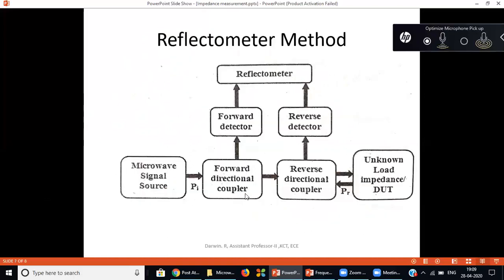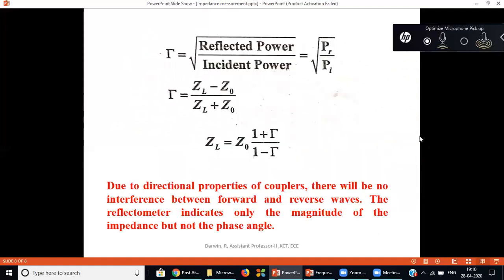Here, once again, if you want to look into the picture, the forward directional coupler will pass the signal from left to right through the main port, and also send the signal to the coupled port to the forward detector. But the reverse directional coupler will send the signal through the main line in the forward direction, and in the coupled port it will send the signal in the reverse direction, not the forward direction. So if there is some reflection, that reverse signal will not go through the main line from right to left. It will definitely go through the coupled port to the reverse detector and reflectometer, but not to the microwave source. Okay, so this is method 2.